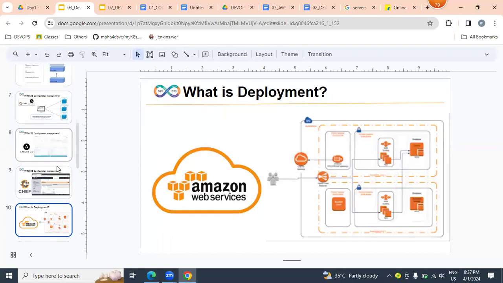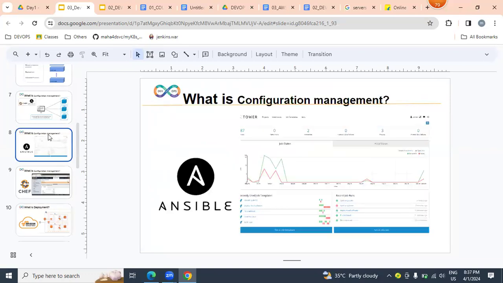But these hundreds of servers, from where exactly can we get them? From AWS. By using AWS cloud, we can get hundreds of servers. We can get servers either from a physical environment, a virtual environment, or a cloud environment. But which cloud are we going to be learning? AWS, Amazon Web Services. With the help of AWS, we can get hundreds of servers. Those hundreds of servers we can automate with the help of either Ansible or Chef.